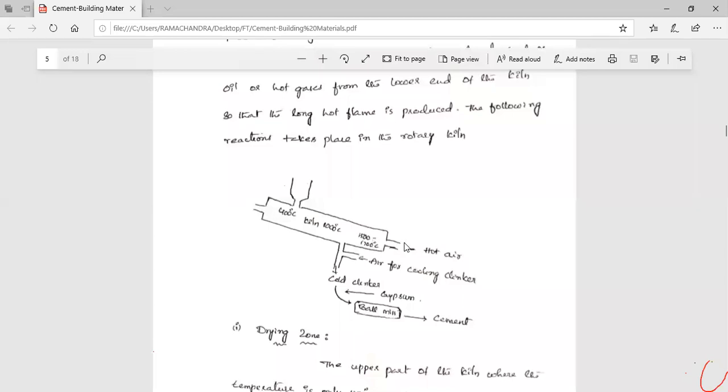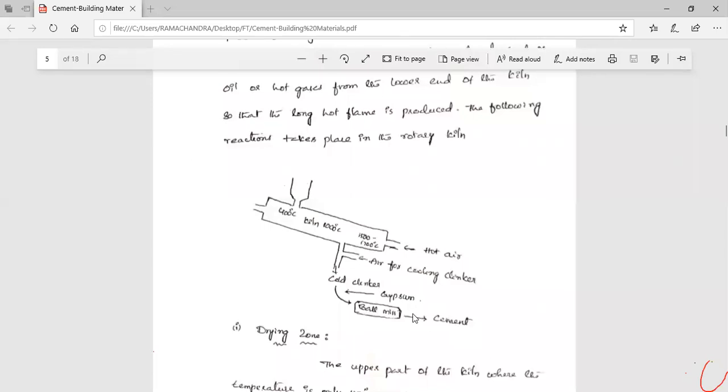On the other hand, we introduce hot air to the kiln. Here the fine powder is formed, which comes to the storage point as cold clinker. Here we use air for cooling the clinker. When this cold clinker passes through the ball mill, we add 2 to 3% of gypsum. Finally we get the cement.